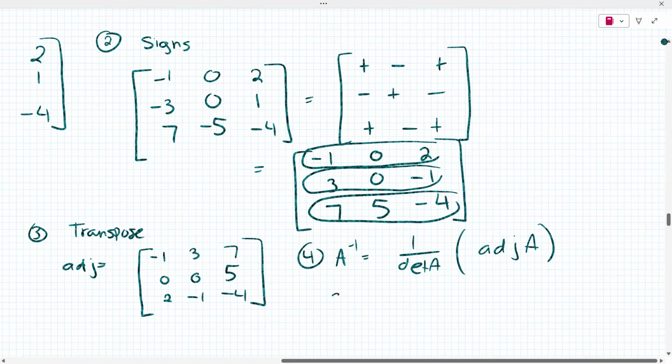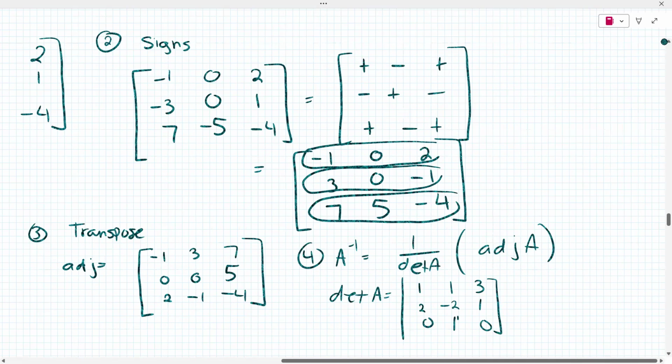So let's find the determinant of A. So the determinant of A, go back to your original A matrix. Not this matrix, but the original A matrix, you get 1, 2, 0, 1, -2, 1, 3, 1, 0, and